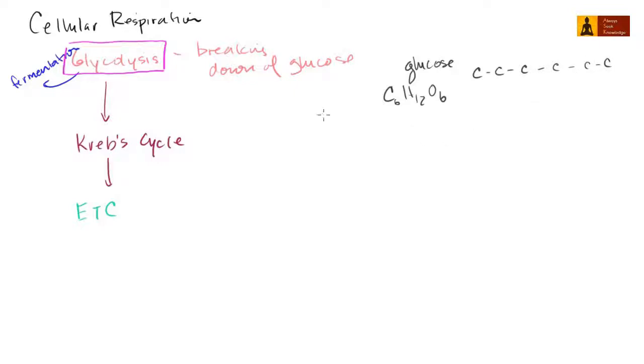Now, there's 2 important phases of glycolysis that are good to know. One I call the investment phase. The investment phase actually uses 2 ATPs. So the whole purpose of cellular respiration was to generate ATPs, but right from the get-go, I actually have to use 2 ATPs. But I use 2 ATPs, and I'm going to essentially break up the glucose into 2 3-carbon